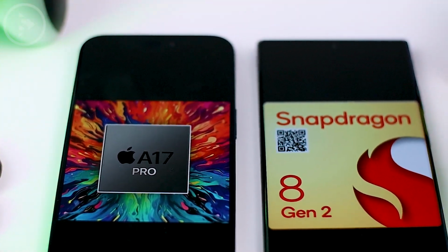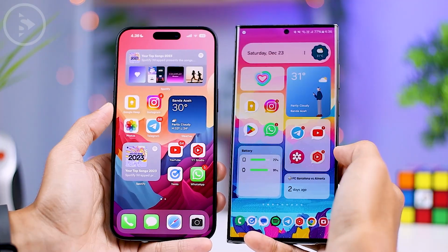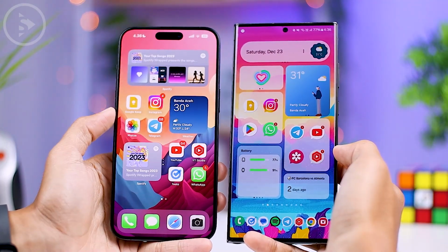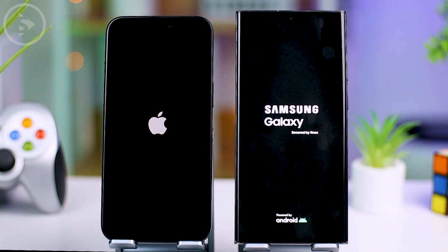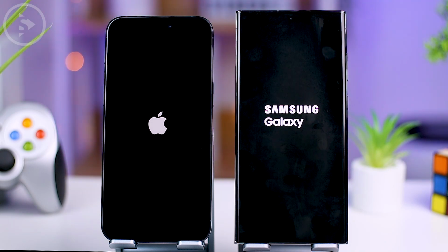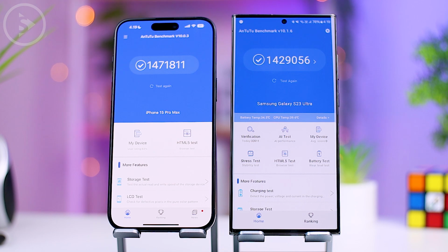Next, for performance, with the powerful Apple A17 Pro chipset in the iPhone and Snapdragon 8 Gen 2 chipset on the S23 Ultra, daily use is expected to be very smooth and fast on both smartphones. However, when comparing the speed of turning on the smartphones for the first time, it can be seen that the iPhone is still superior to the Samsung S23 Ultra. The AnTuTu results when we tested the iPhone 15 Pro Max were also slightly higher, with a score of 1,471,000, while on the Samsung S23 Ultra, it was